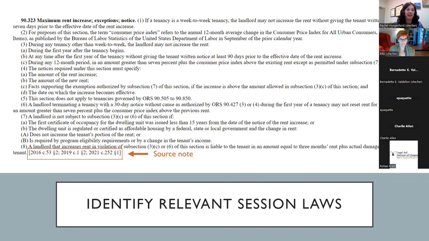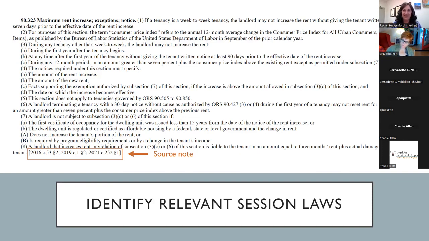I know this is really tiny, but the dwelling unit is regulated or certified as affordable housing by a federal, state, or local government. And I think this is what I had in mind. Sorry, I'm losing my place. I made the font too tiny even for myself, but I think I was looking for the exception for if it's subject to a subsidy. We want to know, when did that